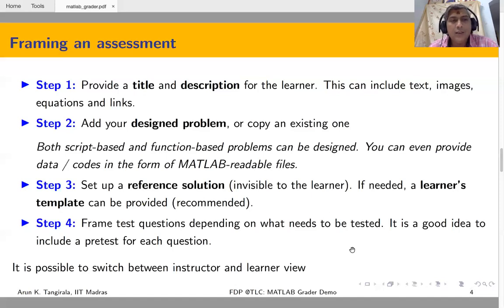And step 3 is to set up a reference solution. Once you have defined your problem, you set up a reference solution, which of course will be invisible to the assessee. And if needed, a learner's template can be provided. This is usually recommended. That is, you provide the first few lines on how the learner should begin,